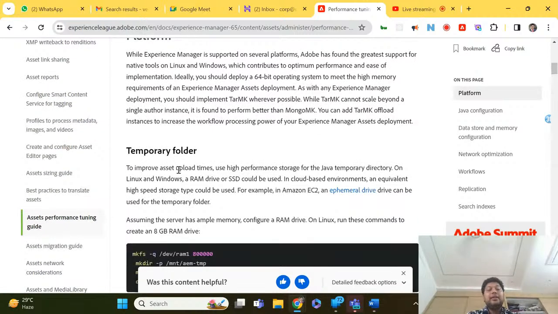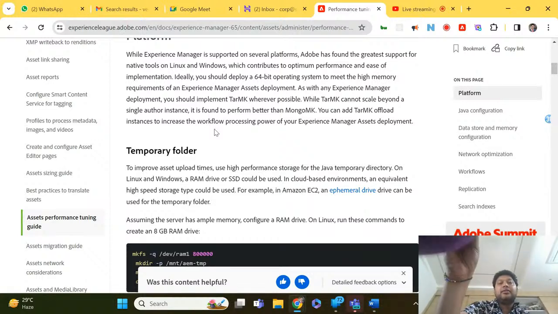So basically, temporary folder. What is the temporary folder which we will use as part of assets performance? It is to improve asset upload times, meaning how much time it takes to upload the asset. To improve them,